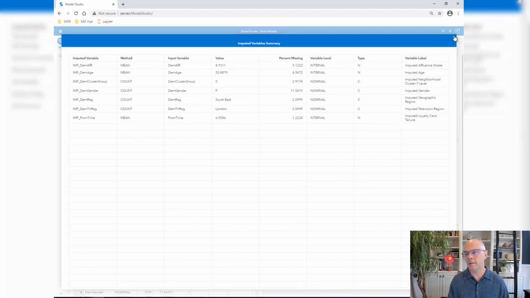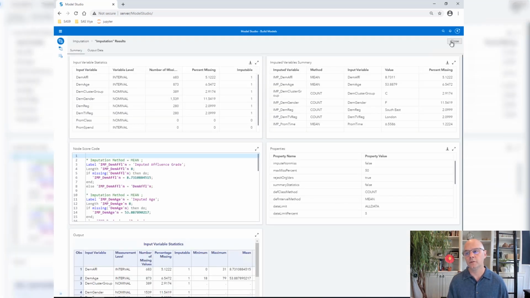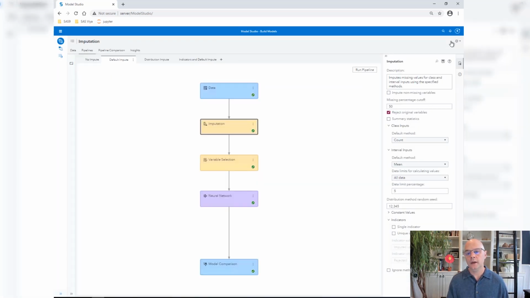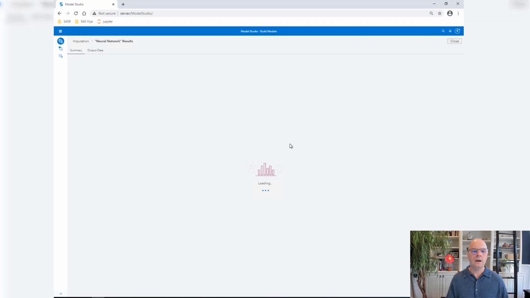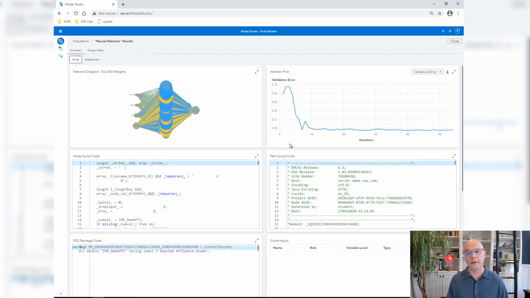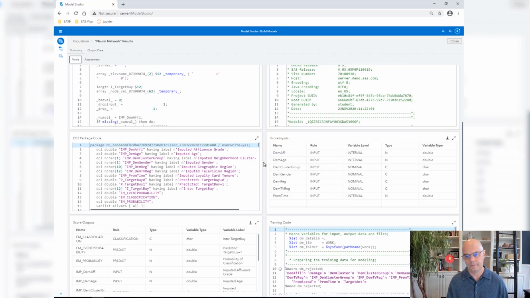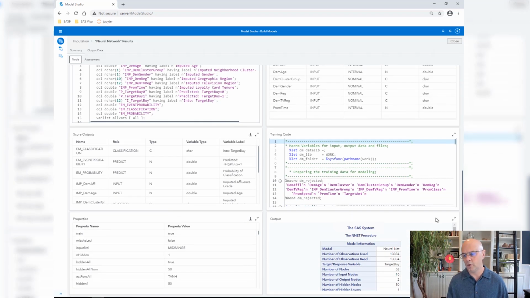Let me restore that table and close the results. And again, let's see what the neural network did. Again, we'll look at the performance later. Right now, let's just see how many observations it used. Scrolling down and maximizing the output.